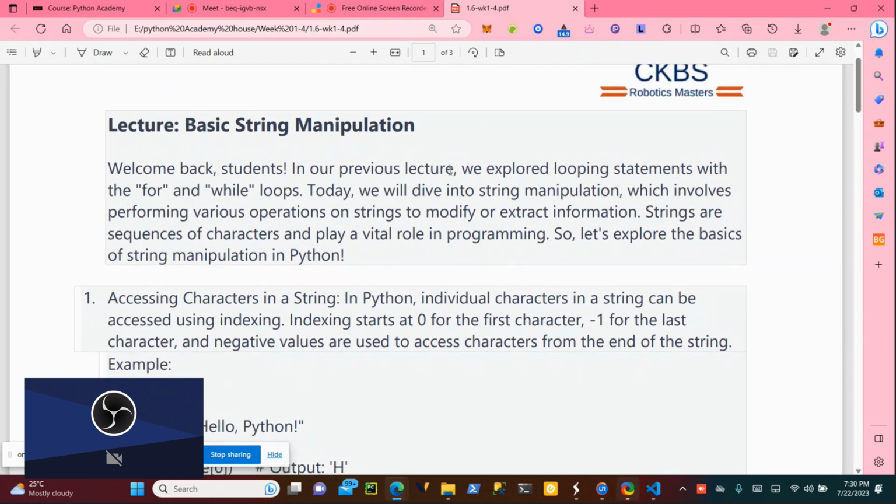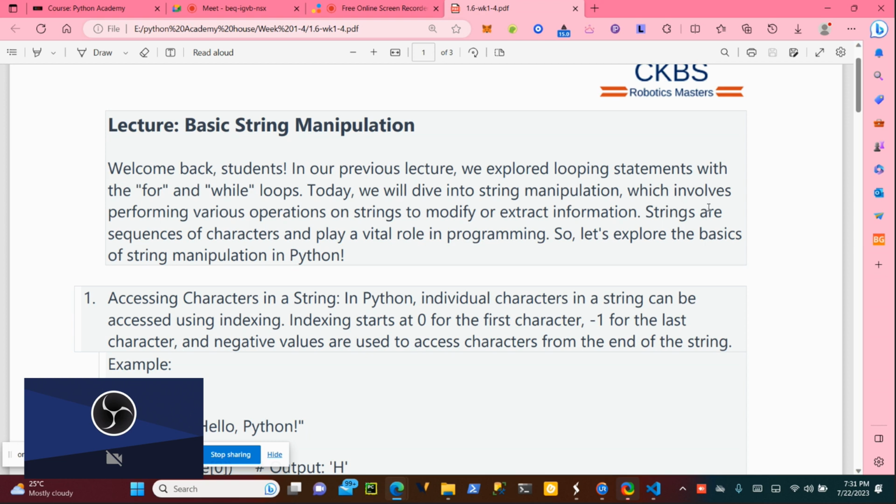Okay, so now we look at basic string manipulation. In our previous lecture we explored looping statements with the for and the while loops. Today we will delve into string manipulation, which involves performing various operations on strings to modify or extract information.